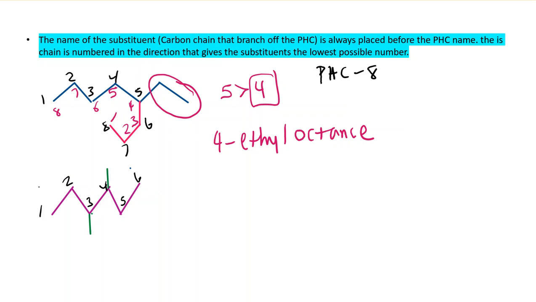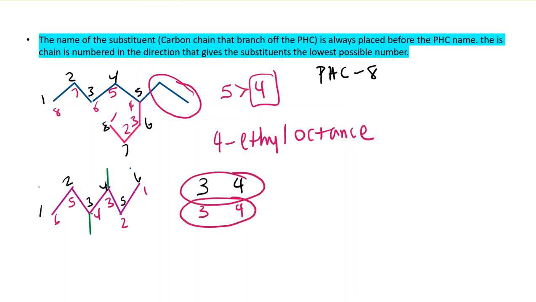But to determine the direction that gives the substituent the lowest possible number, we also would have to number it in the opposite direction, 5, 6. So we have a branching off of carbon number 3 and 4. And in the opposite direction, we have it on also number 3 and 4. And since we have it the same way, we could go with either direction. So we're gonna have a 3,4